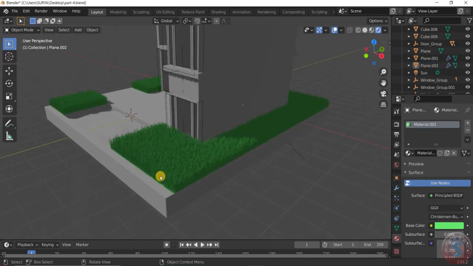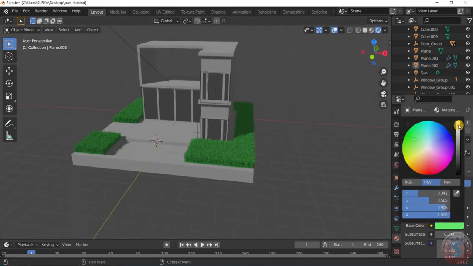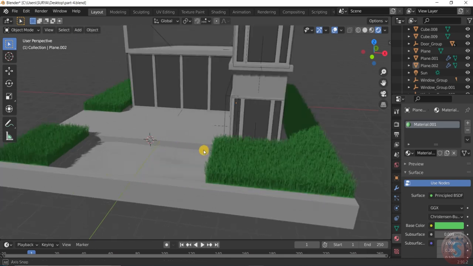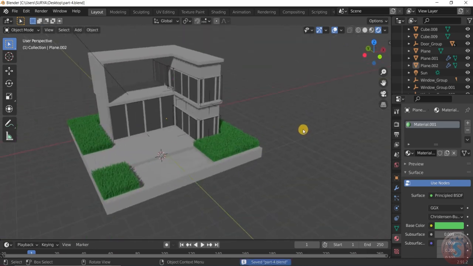You can see, give the new material base color green. You can also darken this, give this some darkness here like this. Control S, file, save,